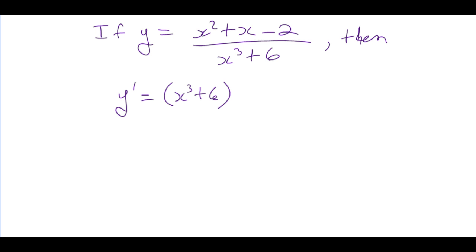Everything's going to go in brackets, even if it were a single thing. So it's g times f prime, which is 2x plus 1. There's g times f prime, minus f, the original numerator, times g prime,